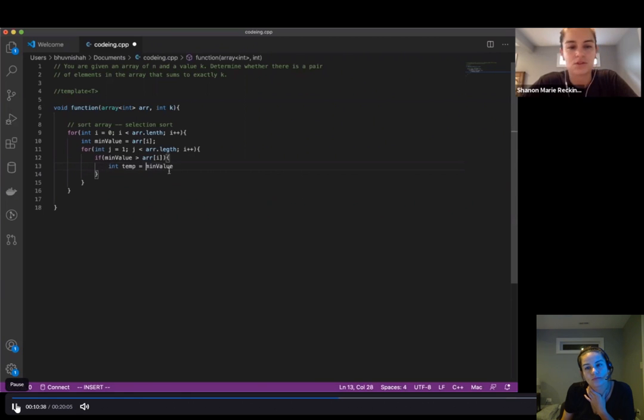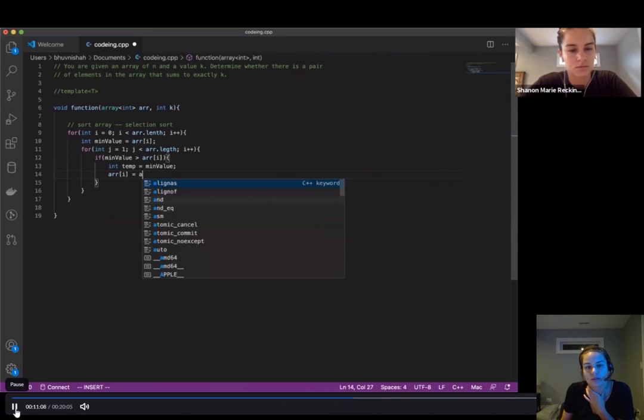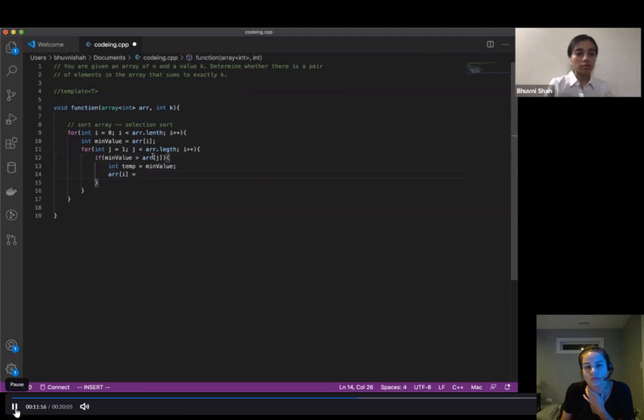So let's assume that you could finish this sorting algorithm. Okay. Are you almost done with it? Yes, I'm almost done with it. Okay. Really aggressively, the interviewer is trying to get her to stop writing a sorting algorithm, and she just keeps going. What are you doing here? So I want to swap the values.